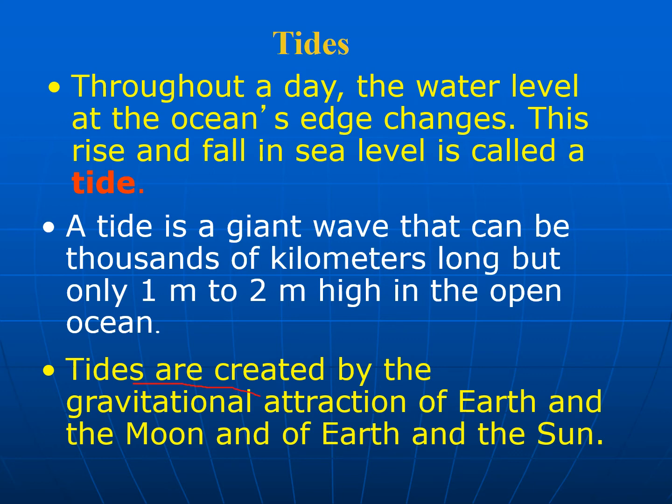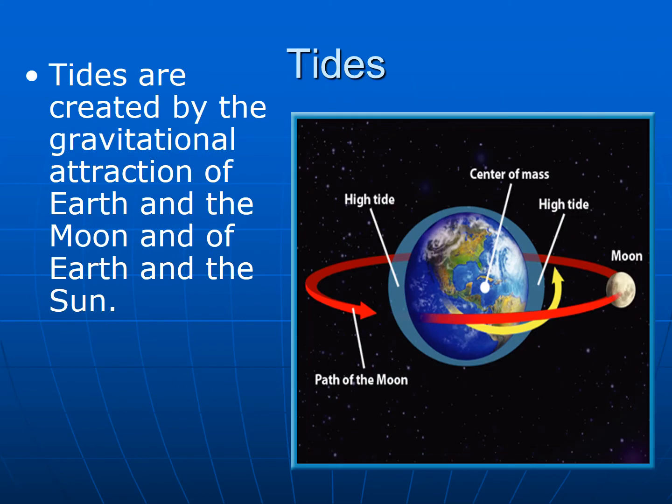So again, gravitational attraction. This is something we learned about. Tides are created, again, by gravitational attraction. And don't judge my pen marks. So, as the moon goes around the earth, and as the earth rotates on its axis, it depends on when the water is closer to the moon. We should understand about the tides, and there's a type of effect that we want to talk about.